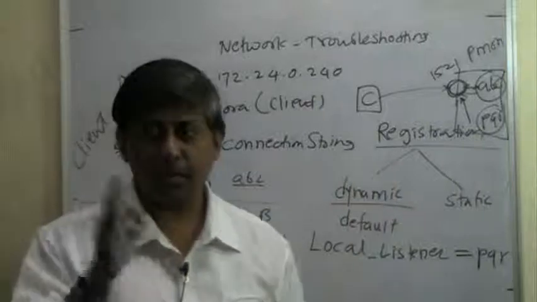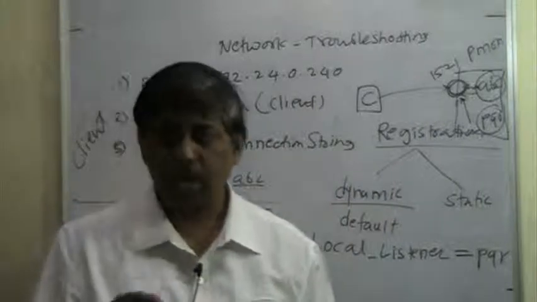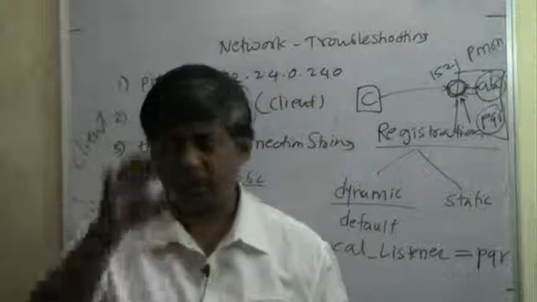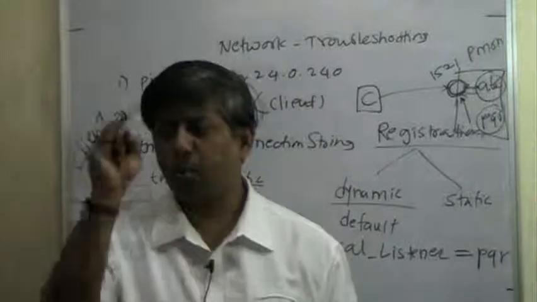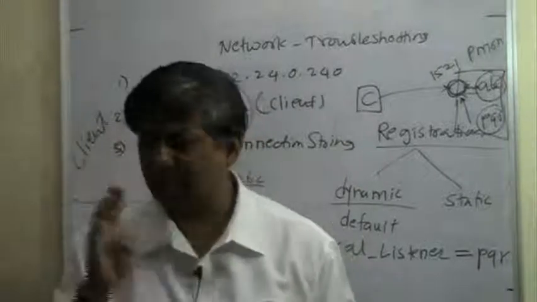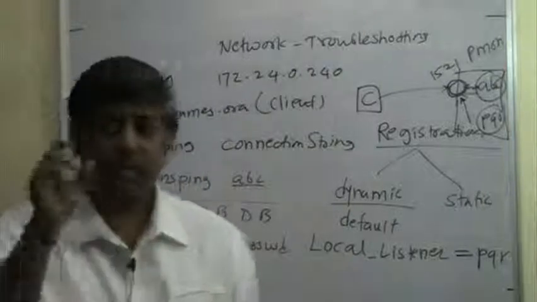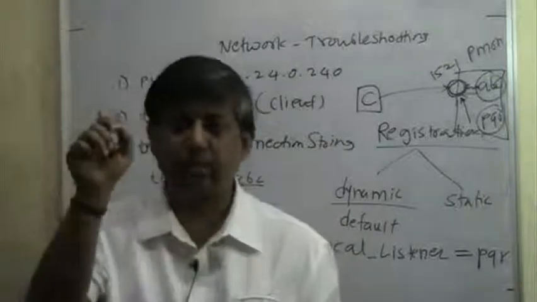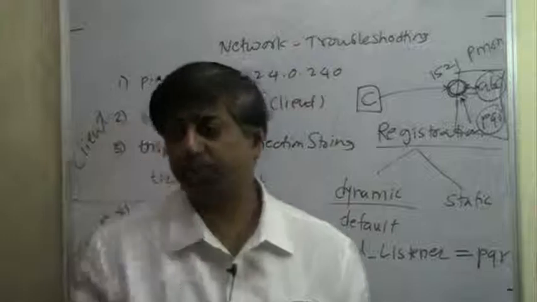We have to create one more tnsnames.ora file on the server, and in that tnsnames.ora file, same information: where is the listener running, on what IP, on what port, and what TCP IP. Exact same information over there, and that is the connection string over there. And let us say you are calling that information with the connection string PQR,